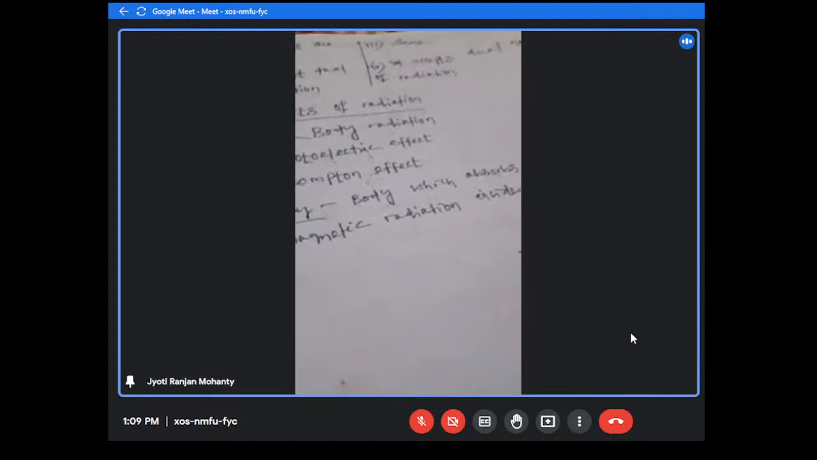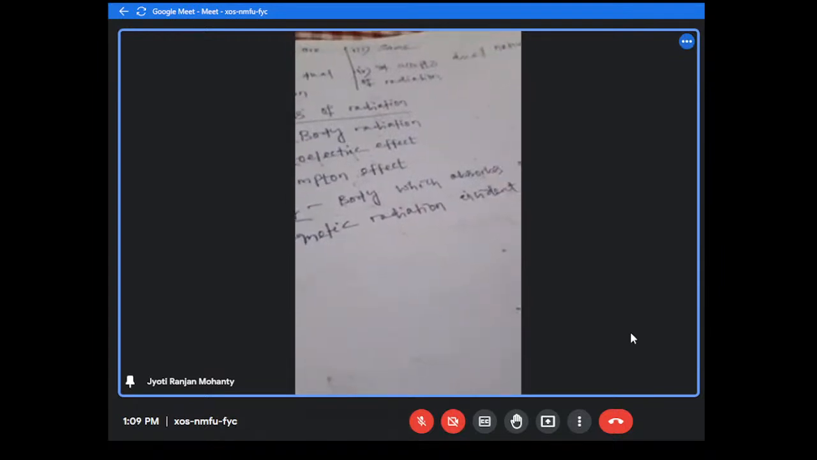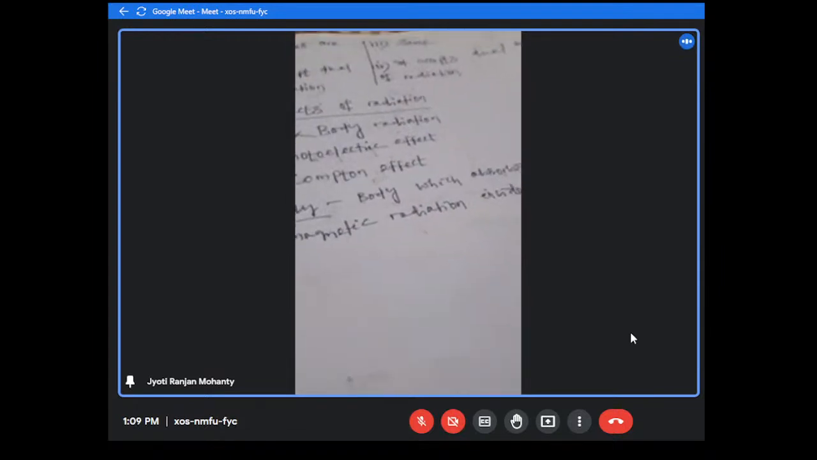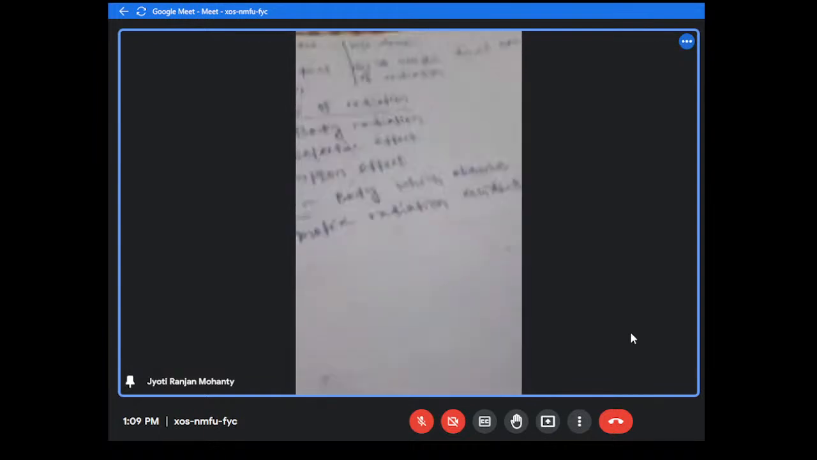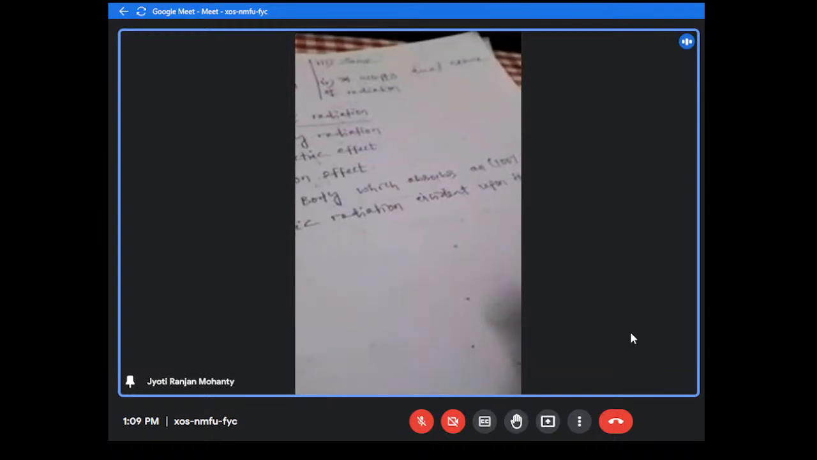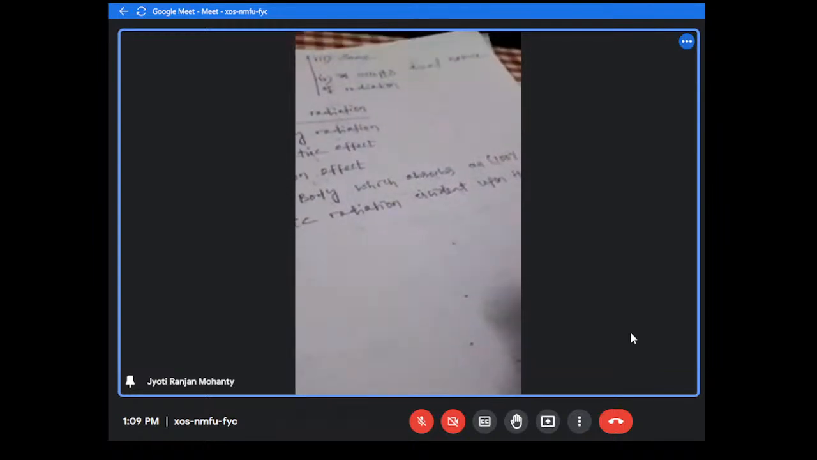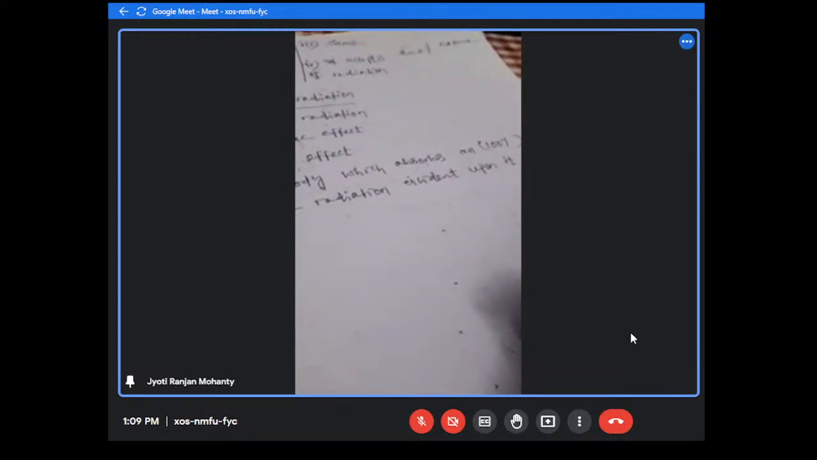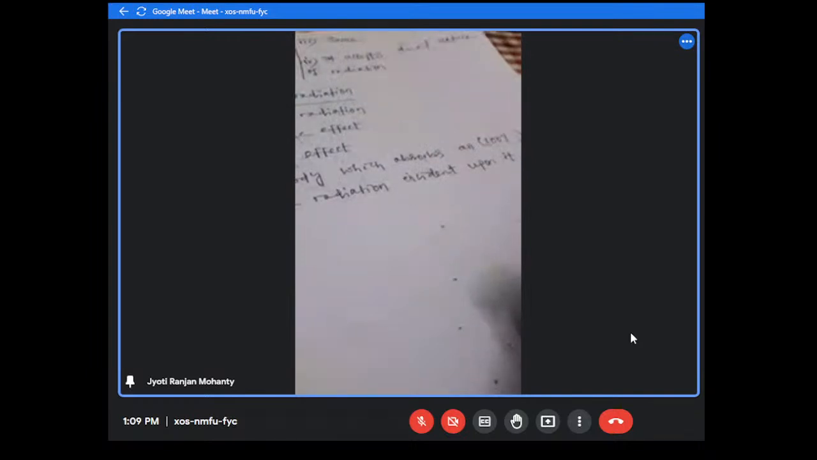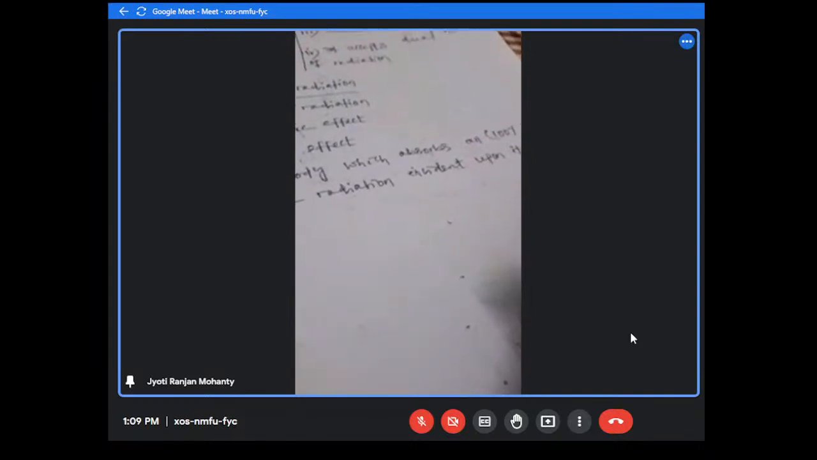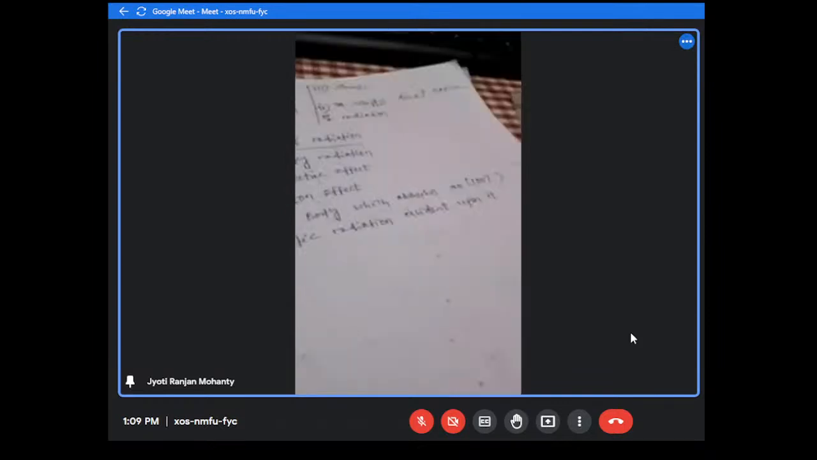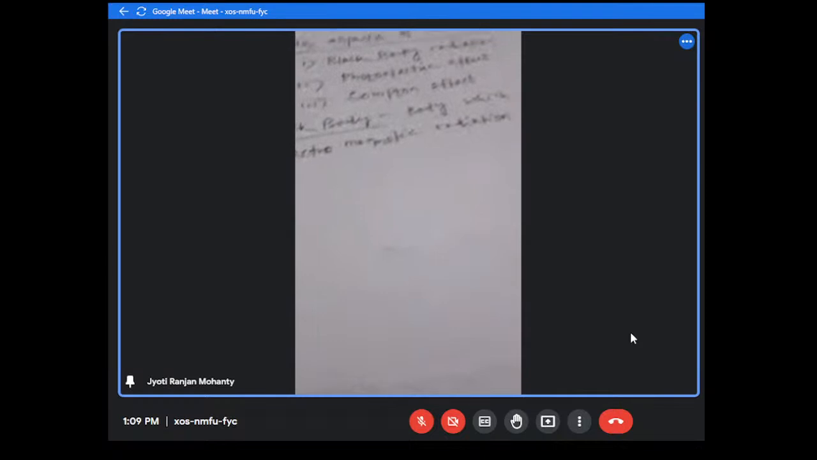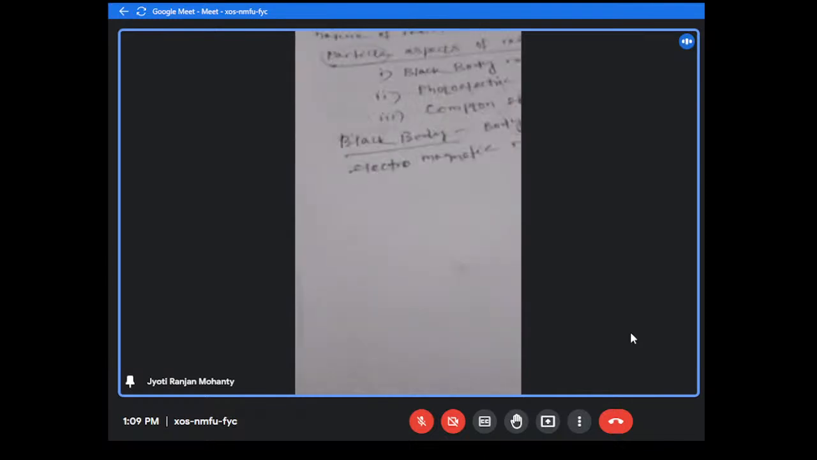So in real case, in actual practice, there is no body which is perfectly black body. Okay? And the important property of the black body is it neither reflects nor transmits. It is a good absorber of radiation. Okay? So this is not in our syllabus. Okay? So next we have to discuss what is